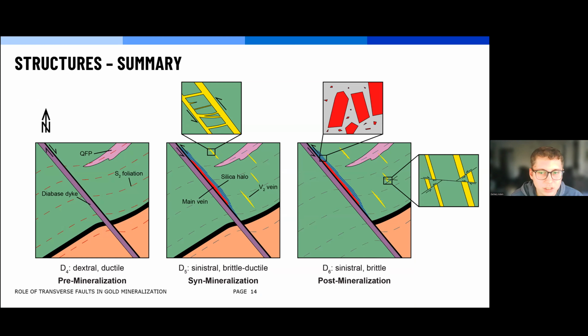So you can see D4 is ductile, showing that dextral drag of the earlier S2 foliation into the fault. This is followed by the sinistral reactivation of the fault during D5, corresponding with the emplacement of these V2 veins, as well as the pervasive silicification along the strike of the fault. D6 faulting then resulted in the brecciation and fracturing of D5 features, as well as our kilometer scale offset